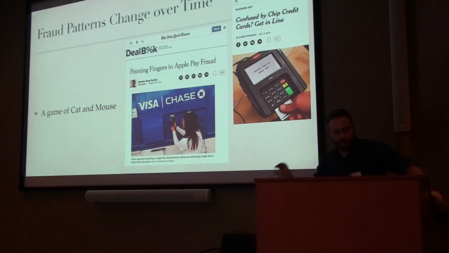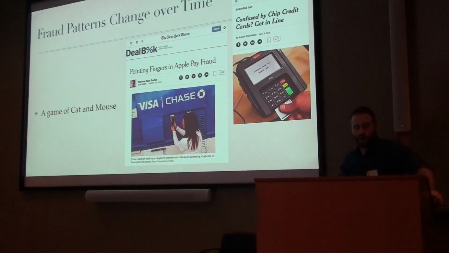In fraud, what ends up happening is that when you deploy the model, your fraud rate goes down, but this is a cat and mouse game because your scammers are changing. Once they realize that their techniques are no longer working, they're going to adapt their ways so that they're not being detected. So here I have an example with Apple Pay,